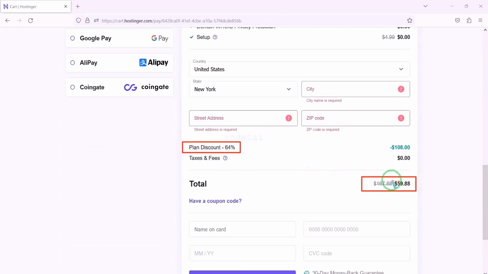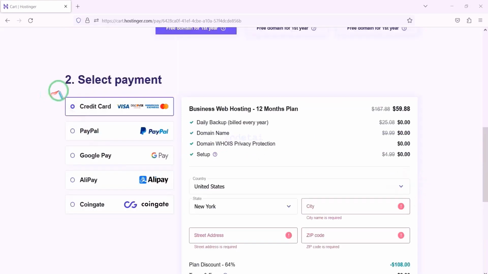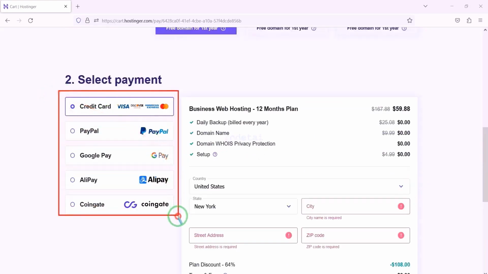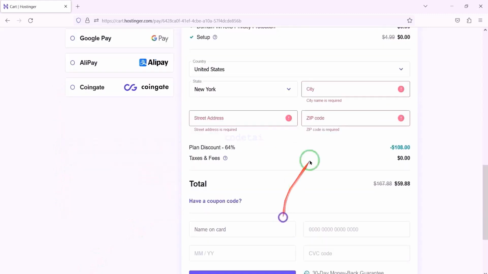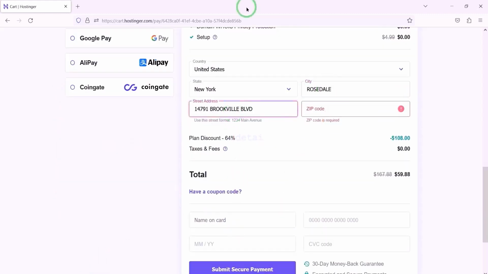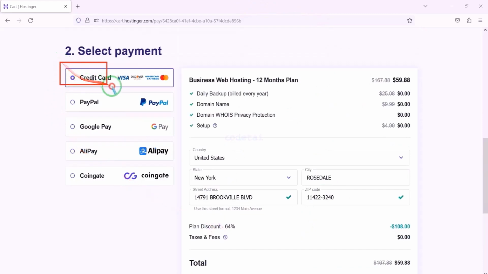We have to pay a total of $59.88. We can purchase domain hosting using many international payment gateways. You can purchase domain hosting using your preferred payment gateway. We need to submit account information here to make payment. For example, we will now pay by banking card.